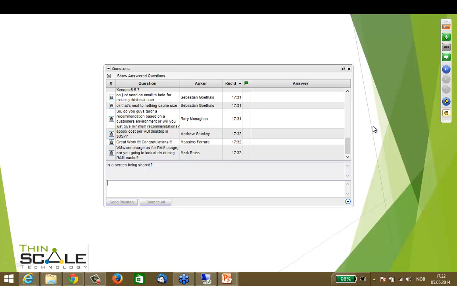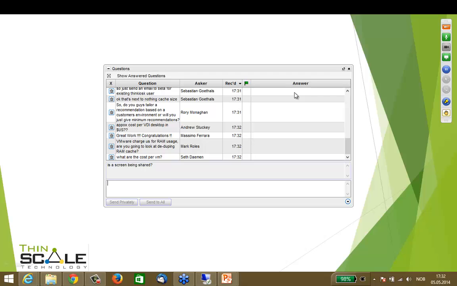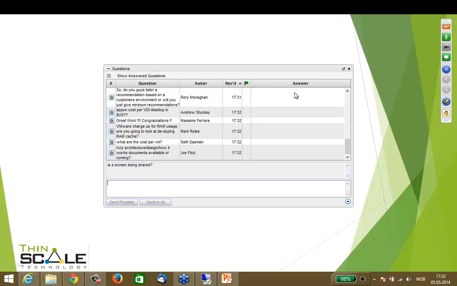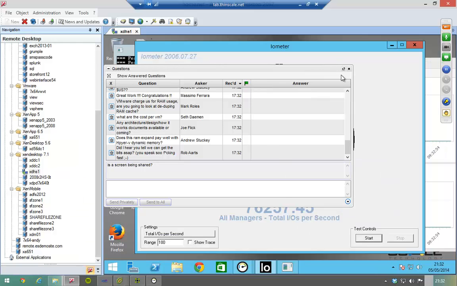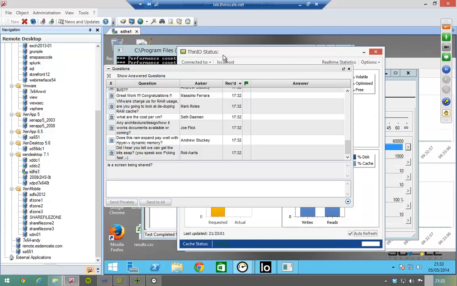Okay, so just to move on to a couple more questions. Rory, just to answer your question, do you tailor recommendations based on customer environments, and will you just give minimum recommendations? We will absolutely help you with your recommendation and your sizing. The level of information that comes out of this driver, sorry to skip to live demo mode, God, I hope this doesn't fall over, I don't live to regret this, but under